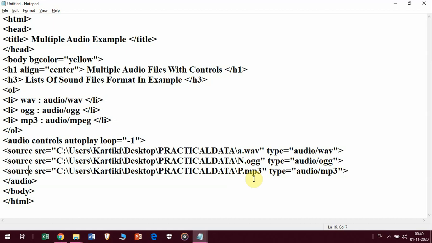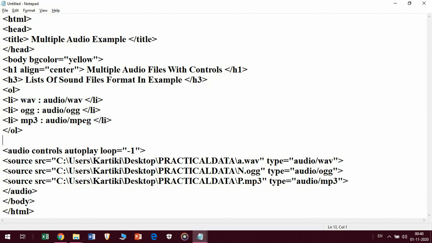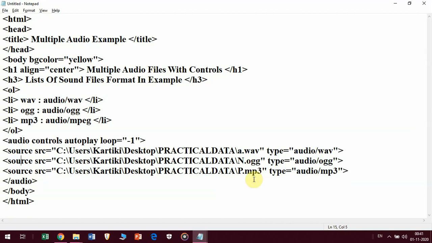Now for that purpose, after OL you can add it here, or you can add it here also. So now I am adding here. With the help of the H2 tag, since it is a note, it should be highlighted, and I want it to be highlighted when the program is displayed. So for that reason I am using the H2 tag here. After using the H2 tag I am writing the note.